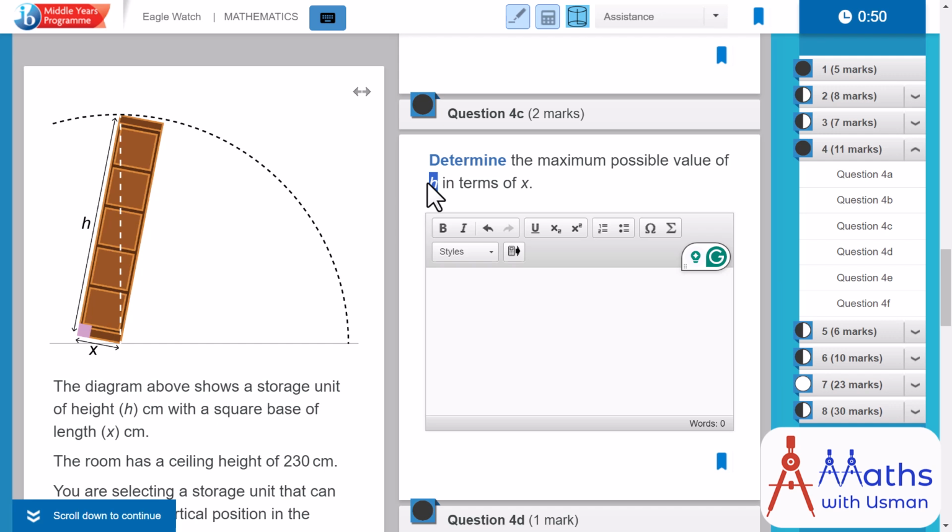So now, again, the only linkage with h and x is the fact that it's a right angle triangle and I can apply Pythagoras. Now, in order to find the maximum possible value of h, which is the height of the storage unit, which can fit into the ceiling, I should make sure that I use this white dotted line to be as maximum as possible, which is allowed, which is the ceiling height of 230. Okay, so let's apply Pythagoras again, and I'm going to use simple text. H squared, press it again, plus, I think giving a space is going to be better, x square is equal to 230, press it again, square.